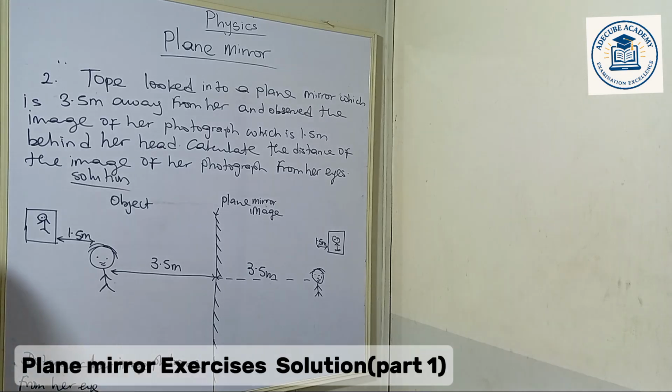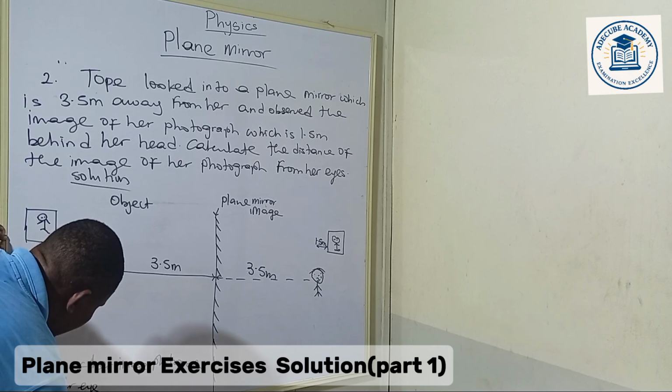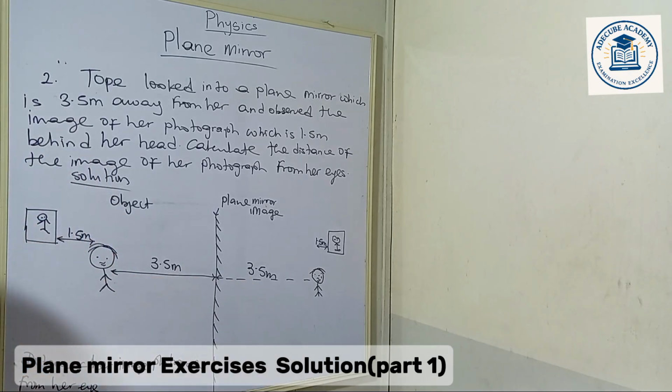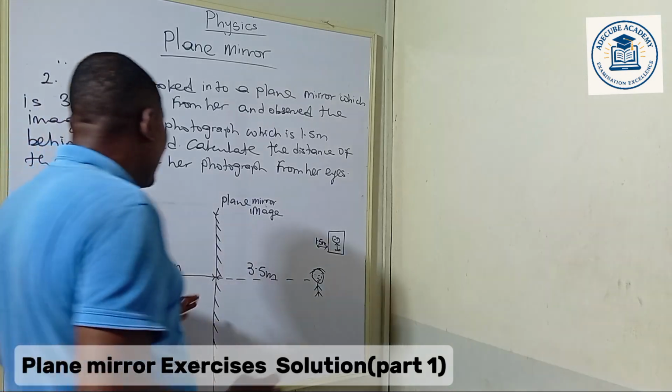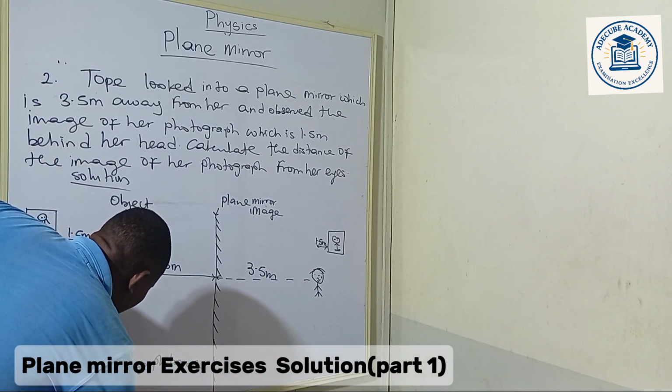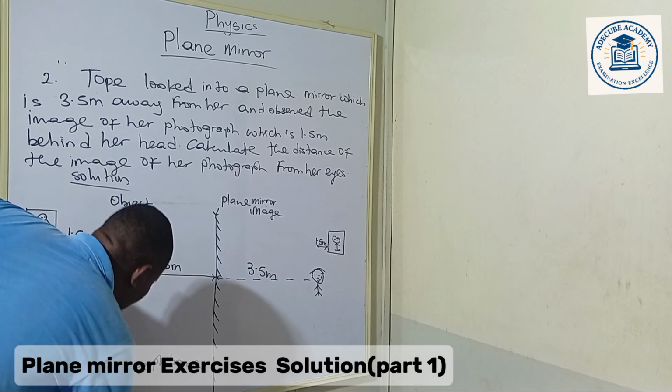What is the distance of the image of the photograph from our eyes? It is going to be 3.5 meters, the distance between Topper and the plane mirror,